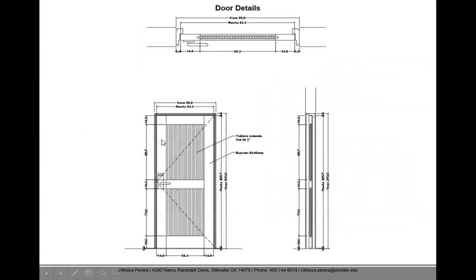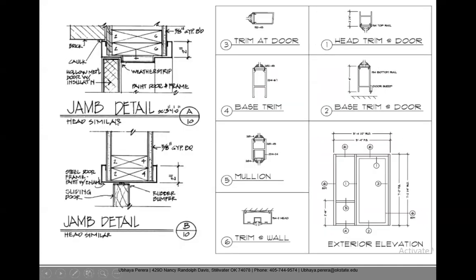They went into this one and made a call out here and took it out and gave an enlarged detail. That's called the jamb, where the frame and the door meet. This is the base trim, where the bottom of the door panel, base trim at door, the top one, and